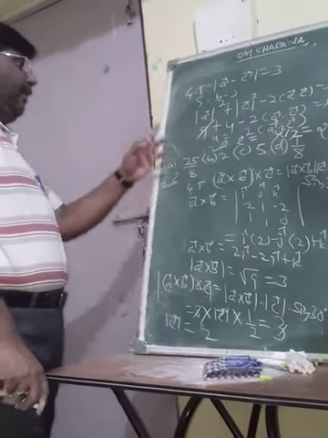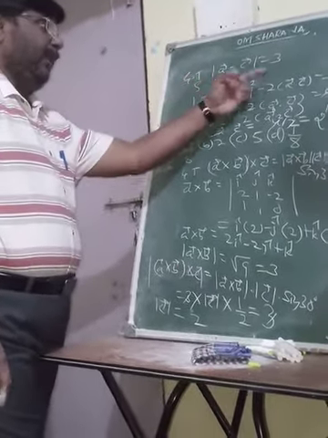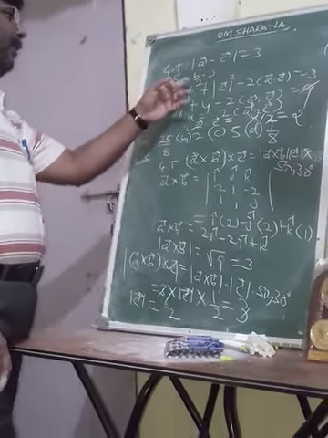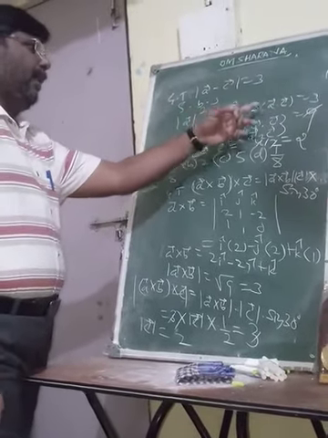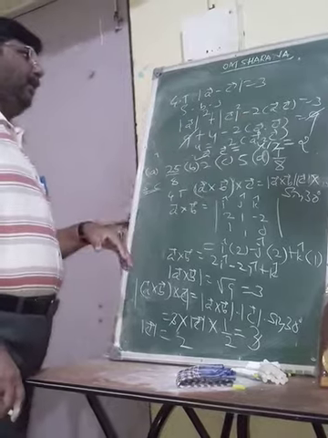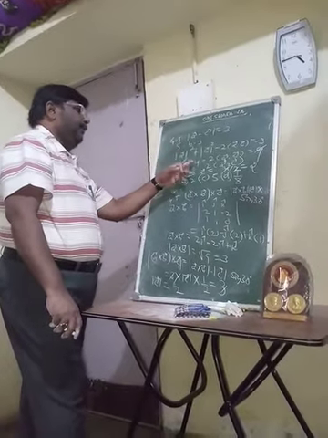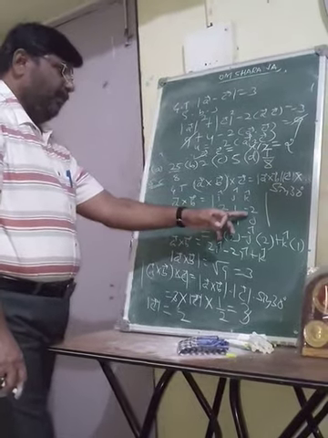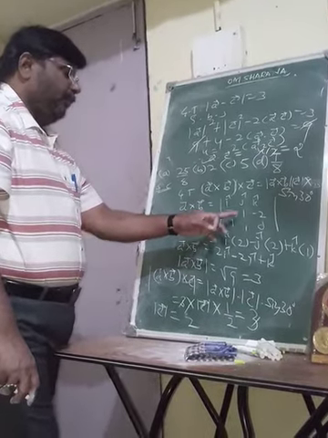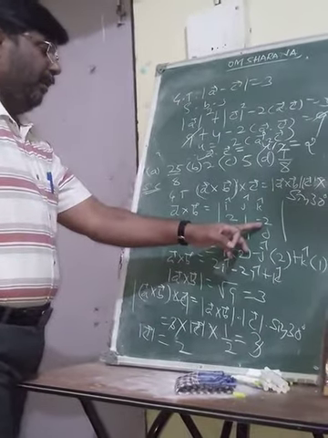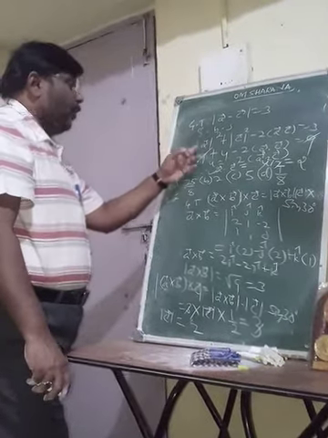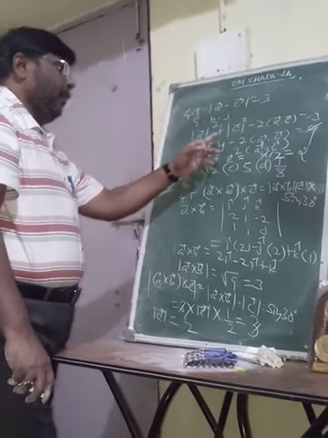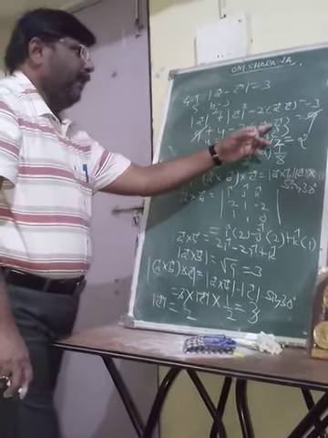But it is given that magnitude of A minus vector C is 3. Squaring on both sides. Vectors are not directly squared, their magnitudes are squared. Magnitude of vector A square plus magnitude of vector C square minus 2 times A dot C is equal to 3 square. Its value you know is 9. Because vector A is 2i plus j minus 2k, if you take its magnitude, square root of 4 plus 1 plus 4 is 9, square root of 9 square is 9 only. Plus magnitude of C is 2, square of 2 is 4, minus 2 times A dot C.